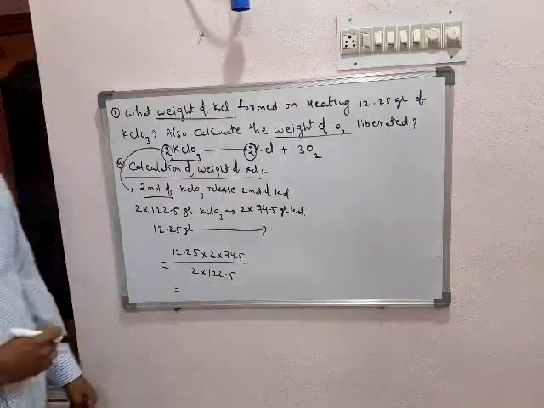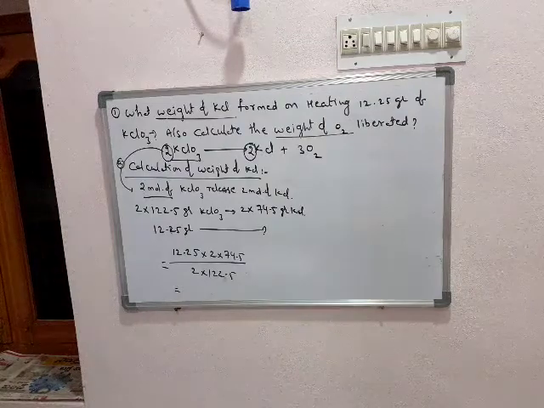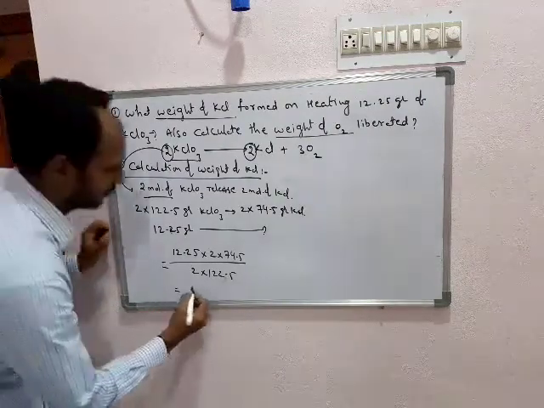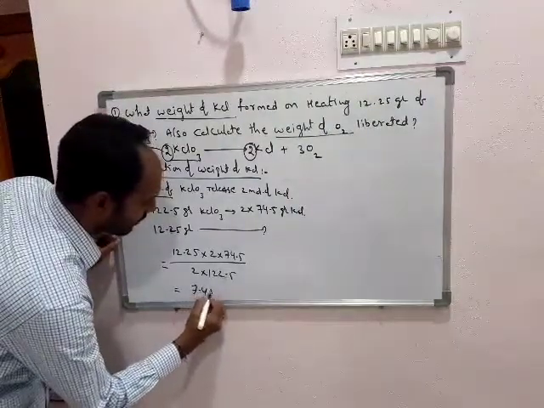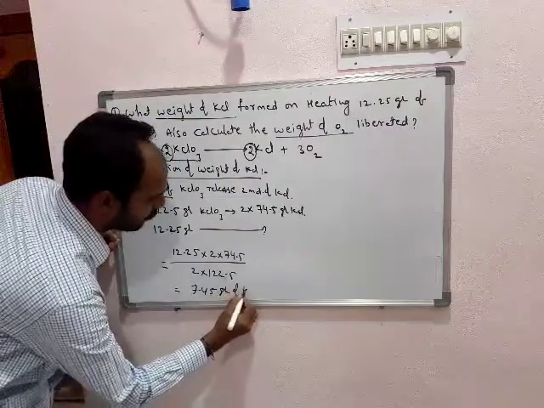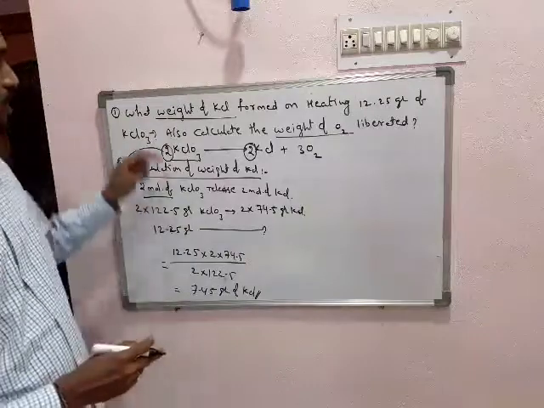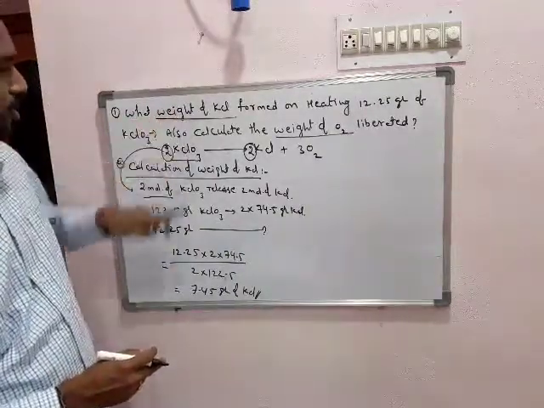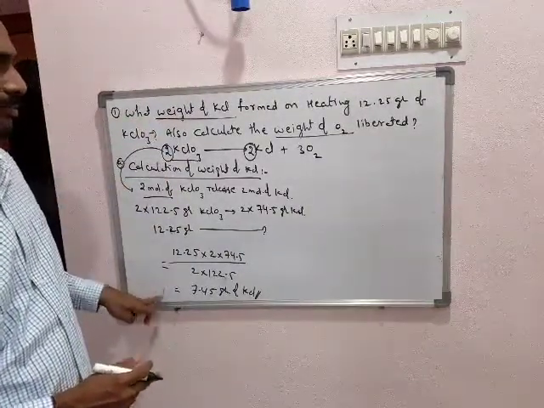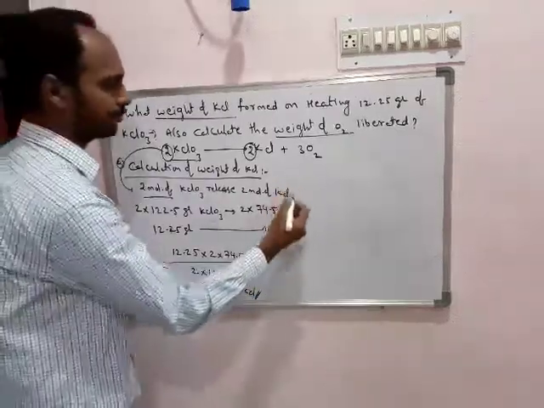By this calculation, we will get 7.45 grams of KCl. So this is the first part, that is calculation of weight of potassium chloride. Okay. Next we see the